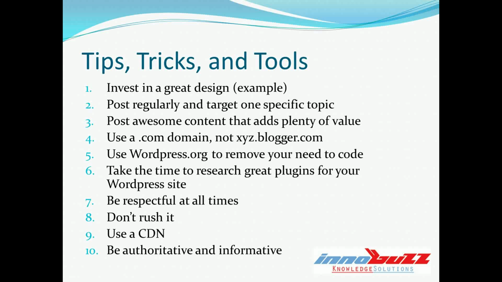So if you take the time to research great plugins, like in the SEO chapter, we talked about getting sitemaps on your website. Really important for content marketers. Well, there's an amazing plugin that just automatically builds that for you, so you don't have to manually do it and manually update your sitemap. Isn't that genius? That's part of why we use WordPress, and it's absolutely free, so why not?